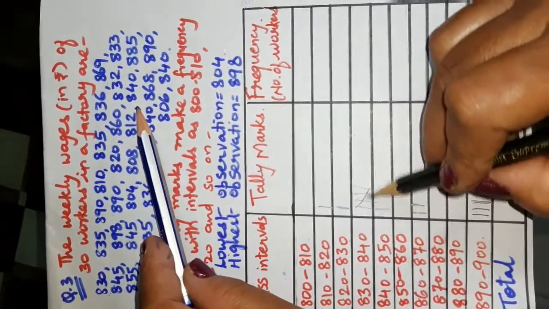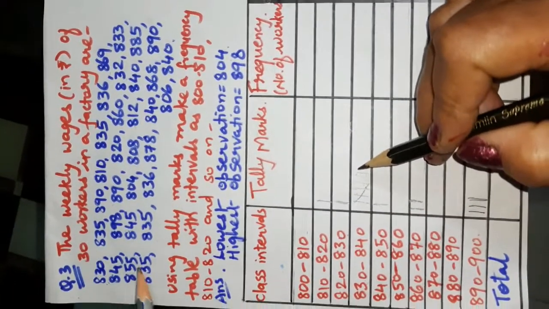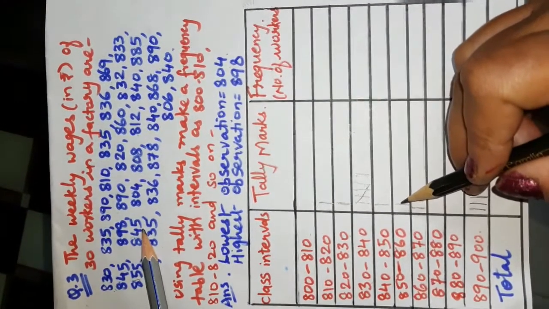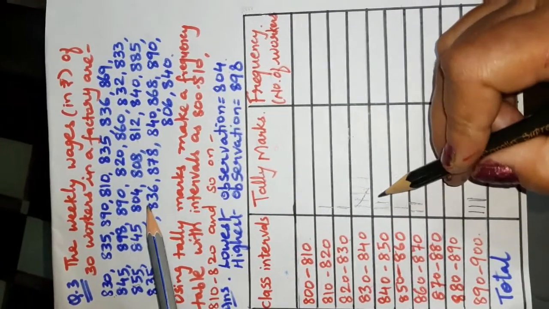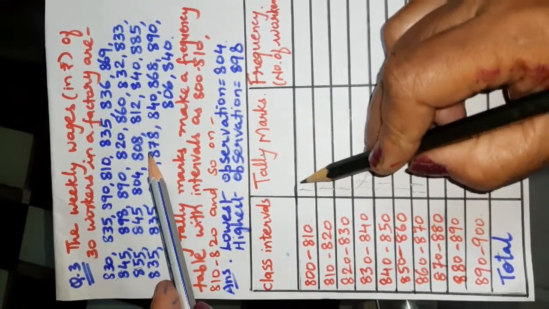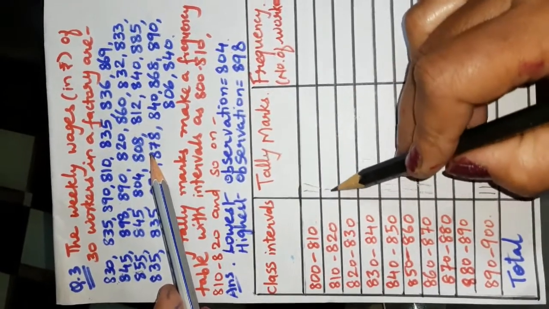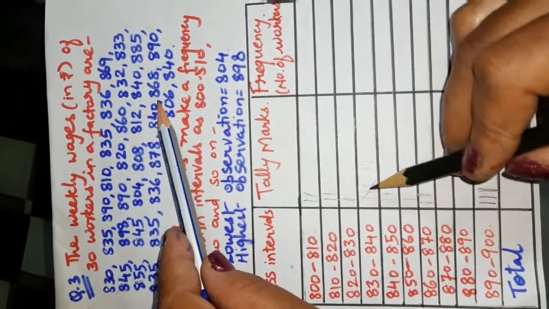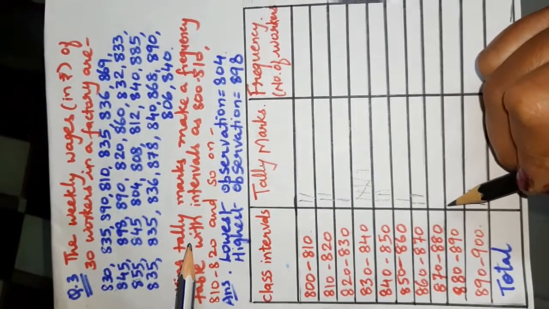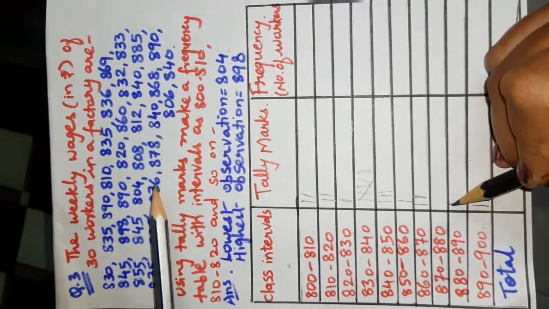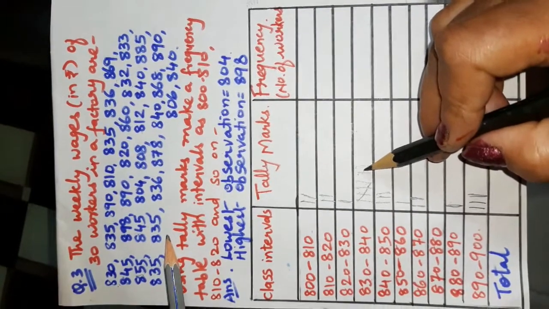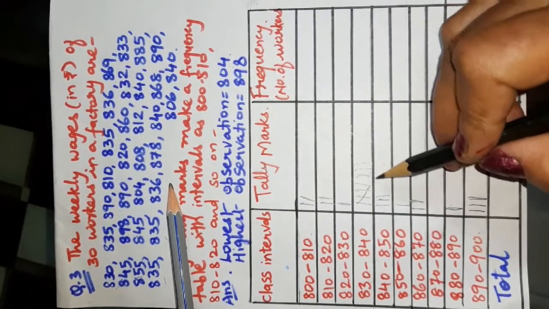Now 833 will come again here, then 855 here, 845 it will be here, 804, so here 808, 812, then 840, 885, then 835, 835 again, 836,